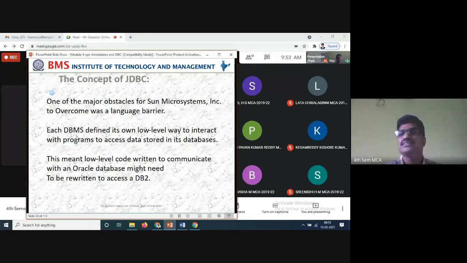So many things are there. Wherever rows and columns are available, we can store data there and get the information back. So not only DB2, any database we can use, and we can retrieve the data or do the basic operations.